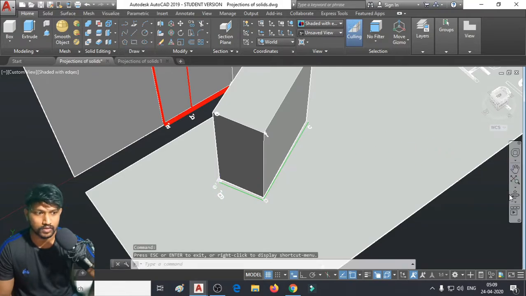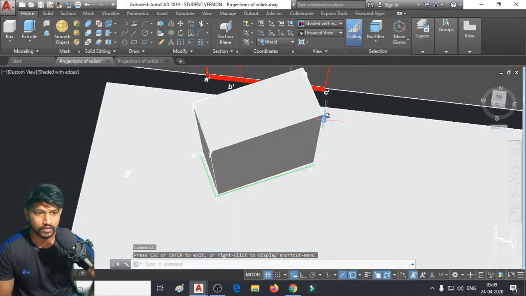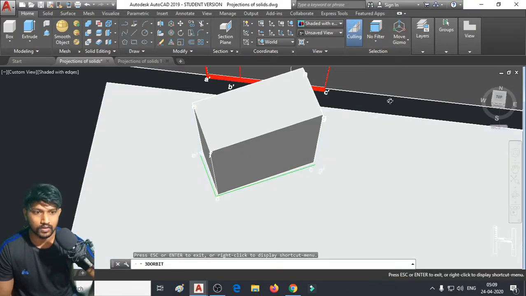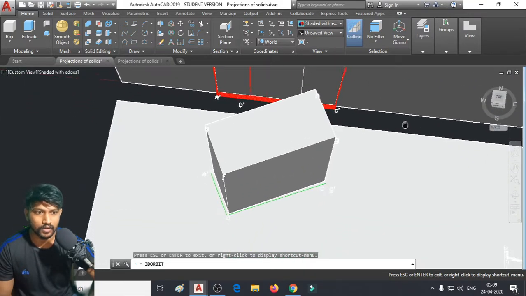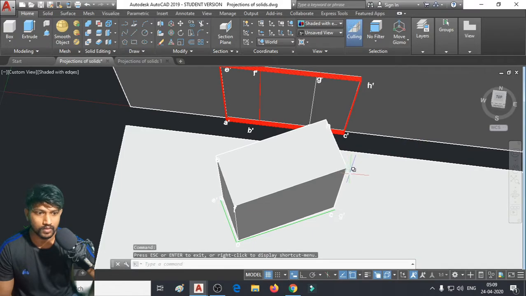Then I'll just copy this one in. G is already here. Oh no, this one is something else. I think G will be here. I might have changed this place.